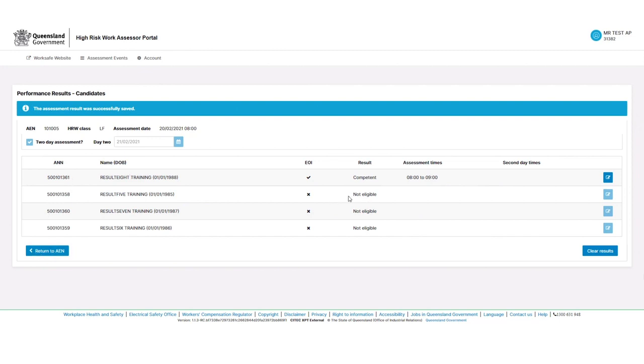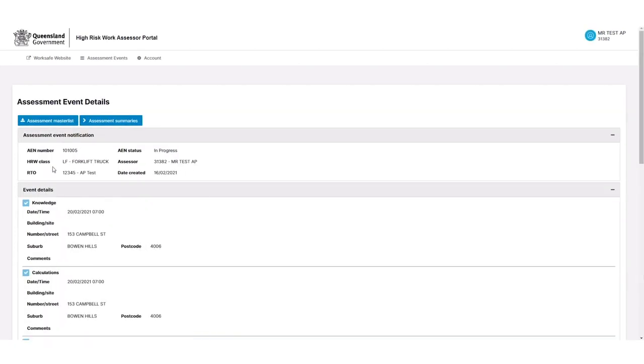Before we do, you'll notice that any candidates that had knowledge and calculations results which are incompatible with them attending a performance assessment, will automatically populate the result as not eligible. This means that you will not be able to enter results for candidates who are not yet competent in a knowledge or a calculations assessment type, and then also in this assessment event for performance. So once our results are done, we can hit return to AEN and we'll be taken back to the main